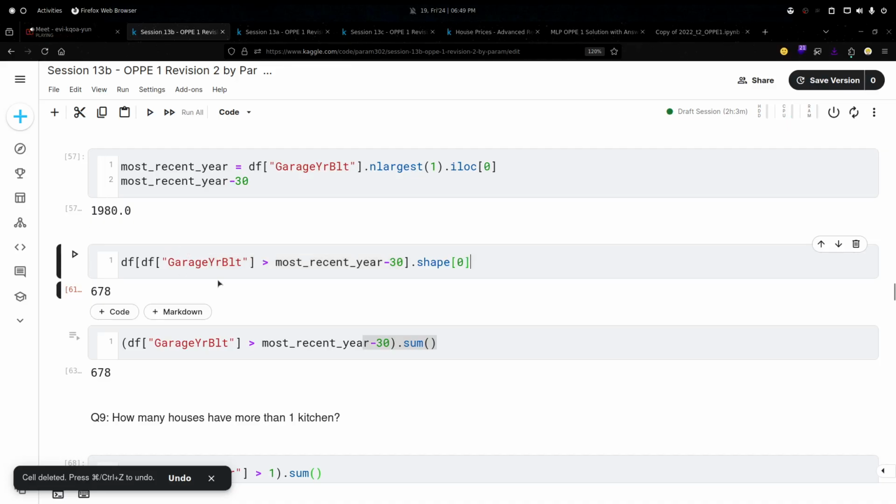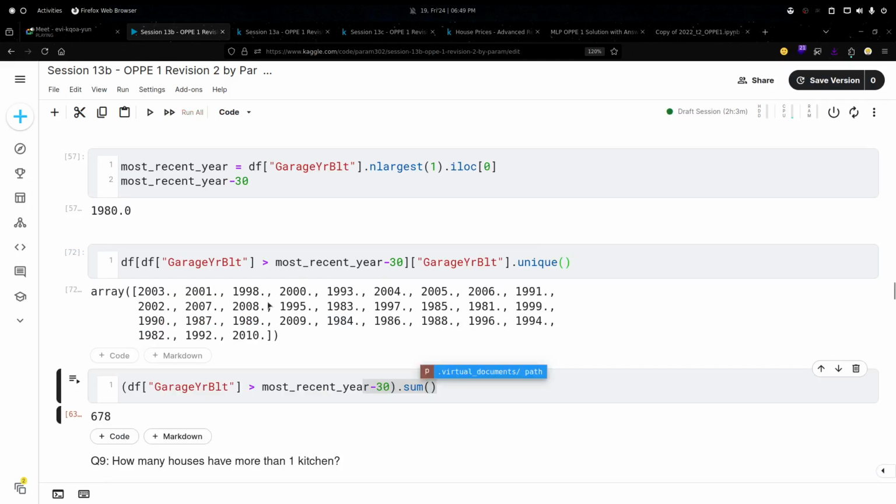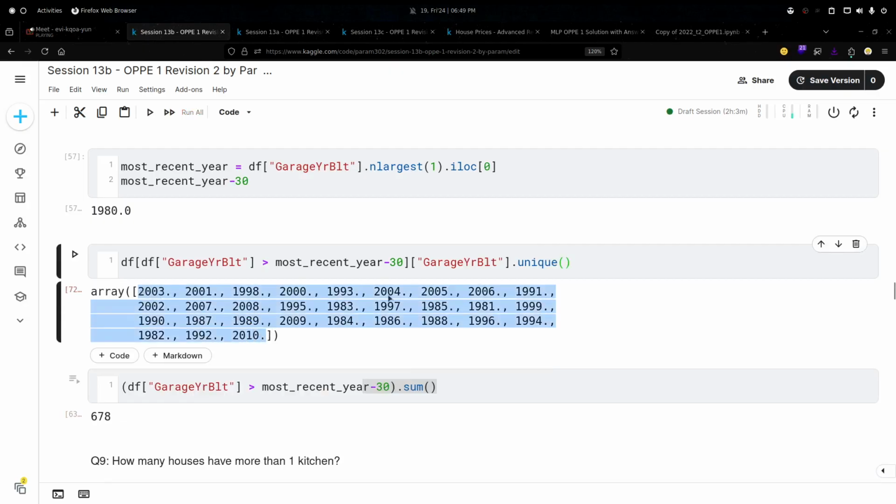You can even see the data. If I check garage year built dot unique, then I will get these values. There are no nan values, you can see, right? After applying this filter, by default, it will exclude.